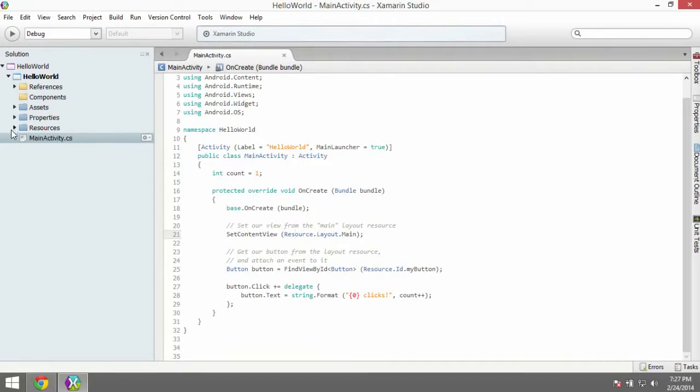If we look over on the left, this is our Solution Explorer. Again, familiar to those of you that have worked in Visual Studio before. In our Solution Explorer, we have a folder called Resources. And when we expand the resources, we have sections called Drawable, Layout, and Values. And you notice that we're looking for something called Resource.Layout. So if I look in my layout folder, we're looking for something called Main. And you can see I have a file called